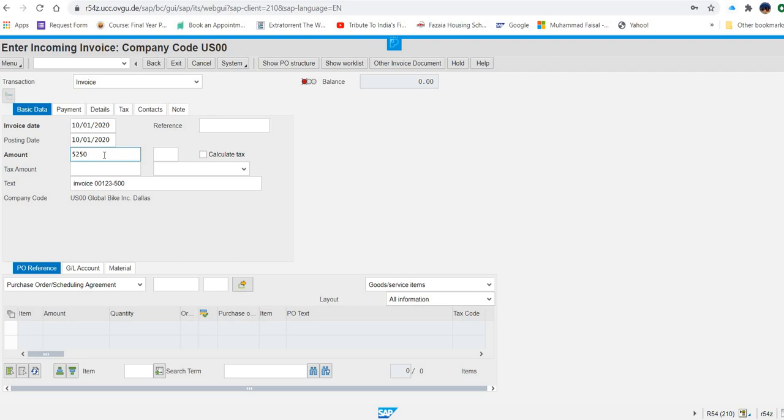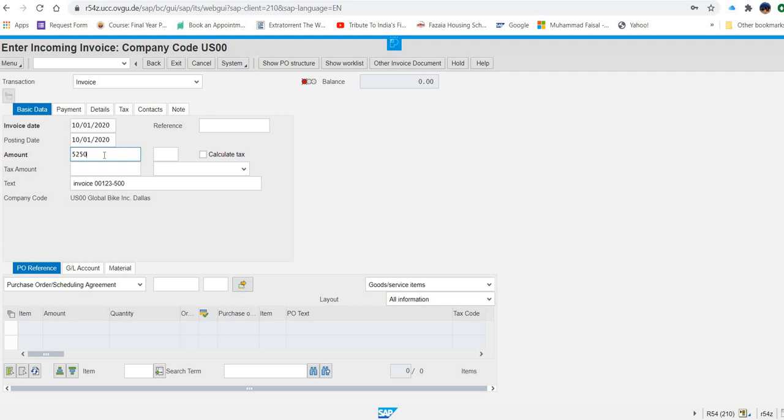Sometimes people try to put these numbers with whatever commas they are given, so the system will take it wrongly. So when you are entering numbers, make sure you just enter the number. Don't put any comma, nothing. If a number is decimal like 10.5, then you will type 10.5. Otherwise, if the number is a whole number, don't put any comma, any dot. Okay, this is a point to be noted.